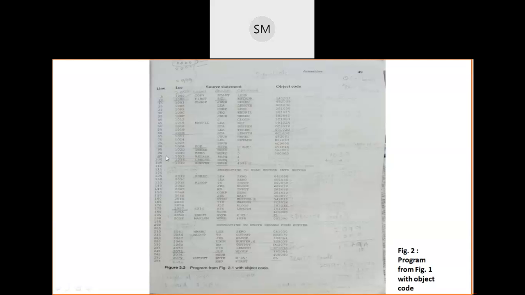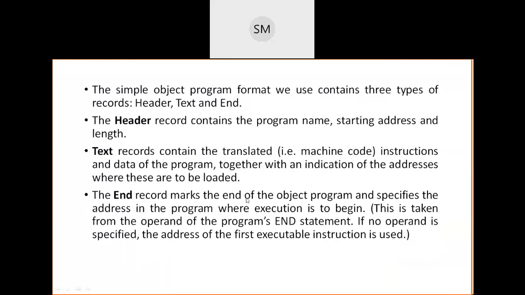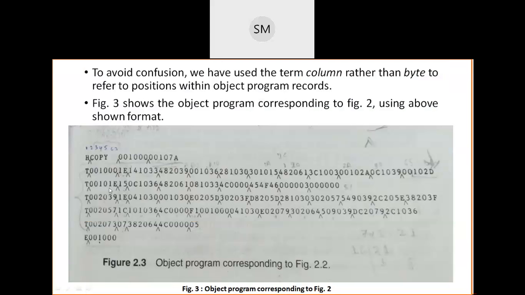Remember, these object codes you will write here in the second text record. And 1, 2, 3, 4, 5, 6, 7. 7 3s are 21. If you convert 21 into hexadecimal, you will get 15. That is the length of that record.